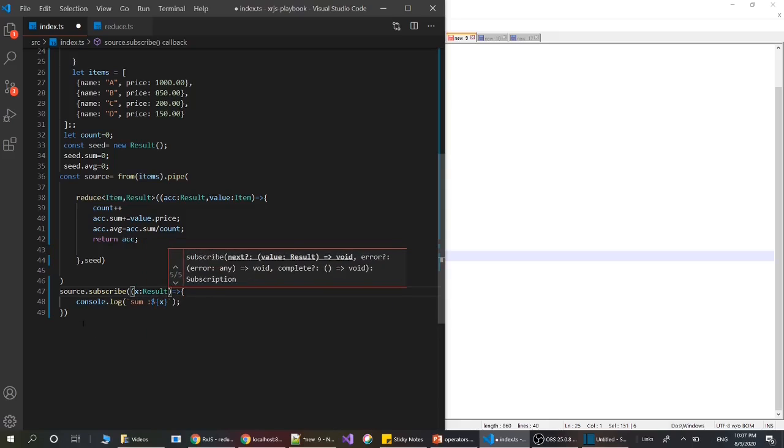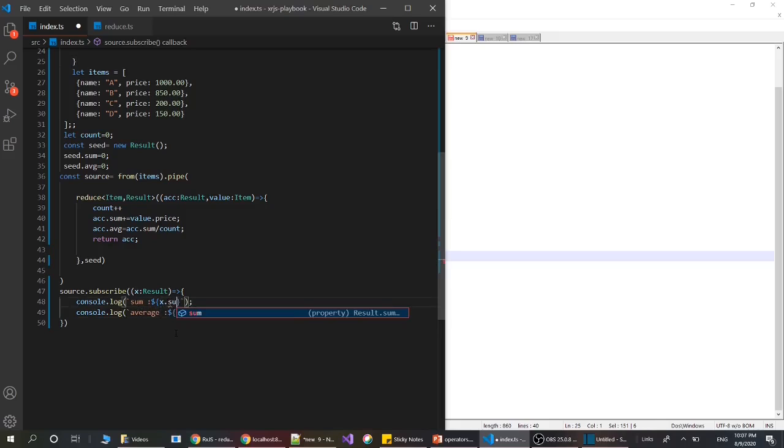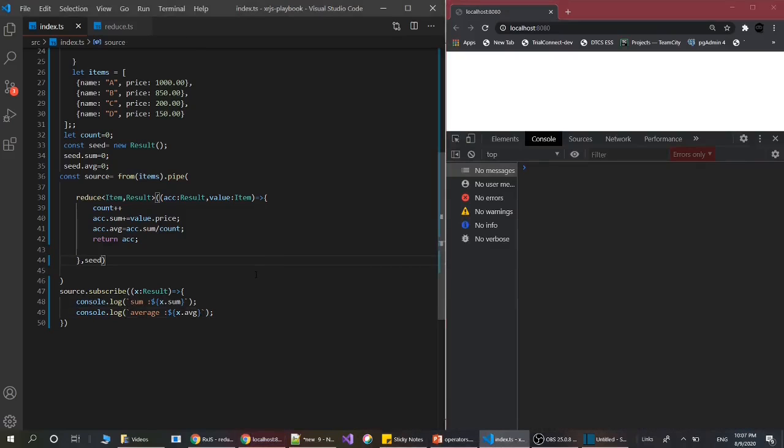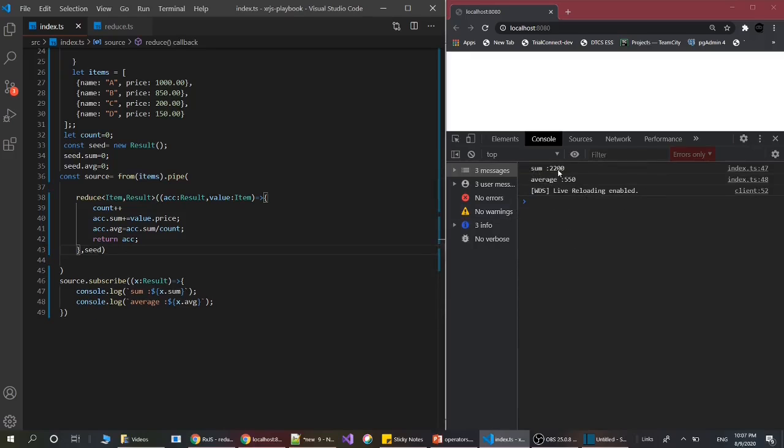Now let's log both values, first sum and then average, which is x.sum and x.avg. So let's save it, and we can see the sum value is printing on the console as 2200 and the average is 550.